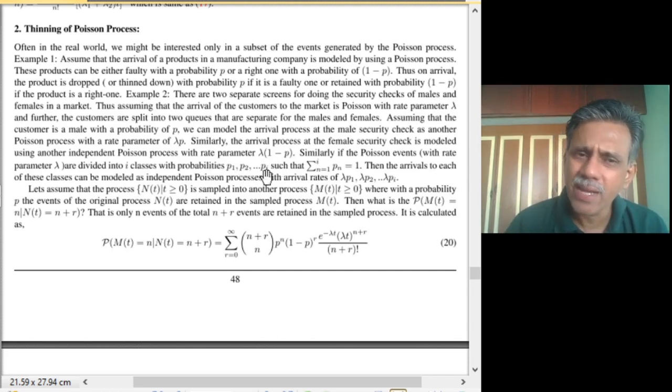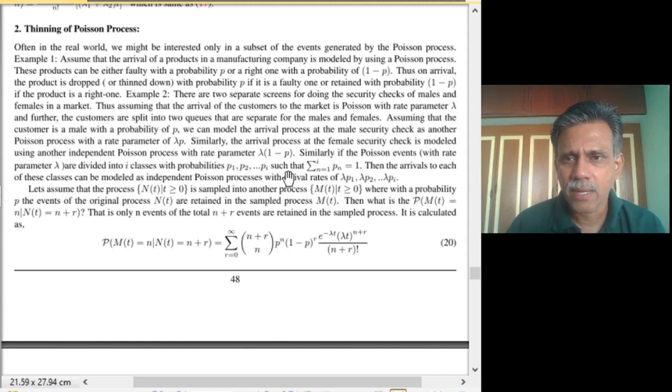Okay, how can we generalize this aspect also? We can label the events that occur into i different categories and generate each one with a probability P1, P2, P3 and so on. So with a probability Pi, we send it to the ith queue such that the sum of Pi is equal to 1. Then if the original rate is lambda, after thinning, the ith process will have a rate lambda times Pi. The individual rates would be lambda P1, lambda P2 and lambda Pi.